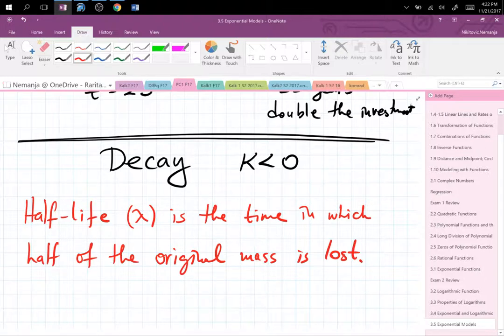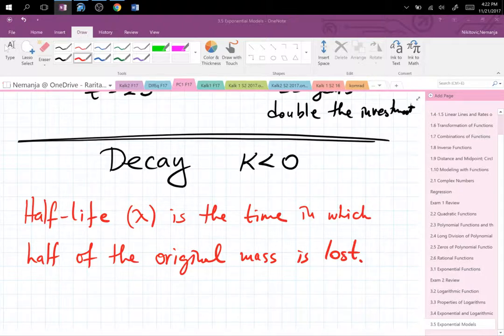Now, does it mean that in 20,000 years that plastic bag is gone? No. In 20,000 years, you are going to lose a quarter. And then at 30,000 years, an additional 1/8. Because anytime you do the half, the remaining half gets cut in half. And then the remaining half gets cut in half. And the remaining half gets cut in half. Stuff doesn't go away. Nothing decays to 0